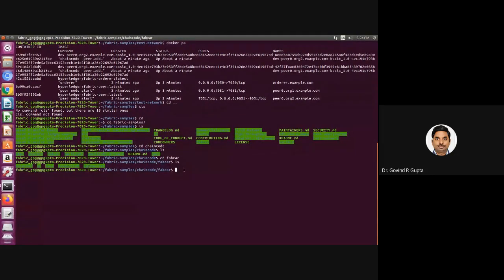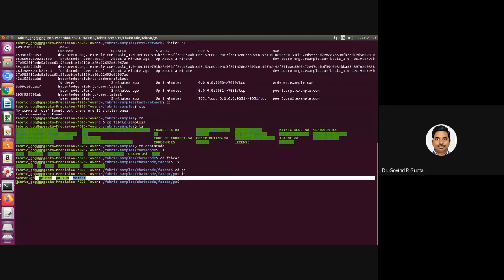I'm going to show you the chain code. The name of the chain code is fabcar, which is written in Go. So simply go to the Go folder, and there is a source code available. This is fabcar.go.